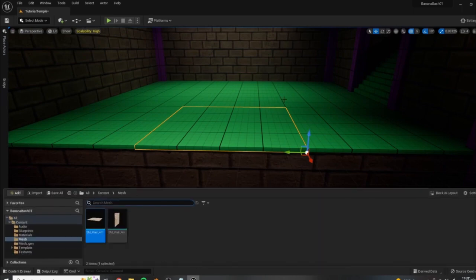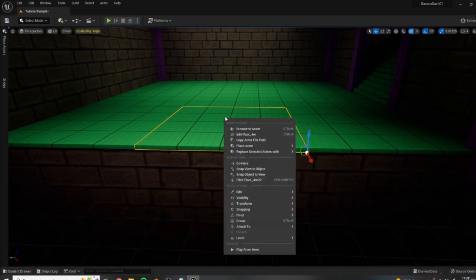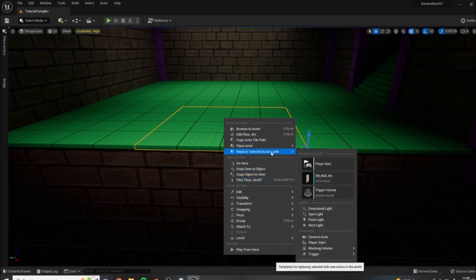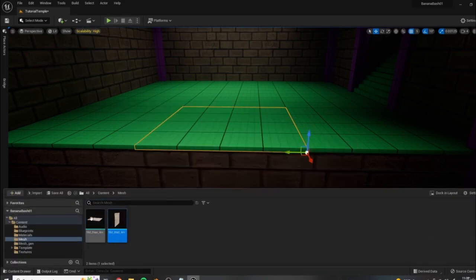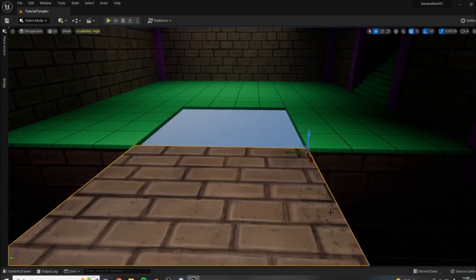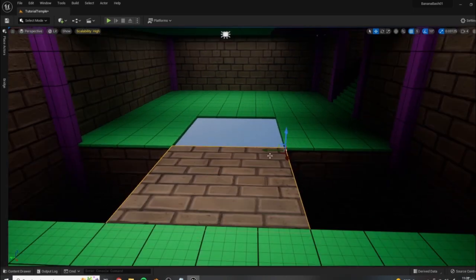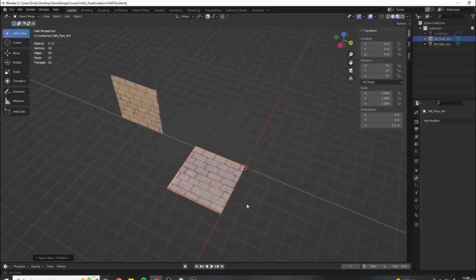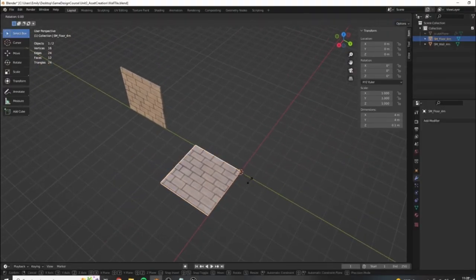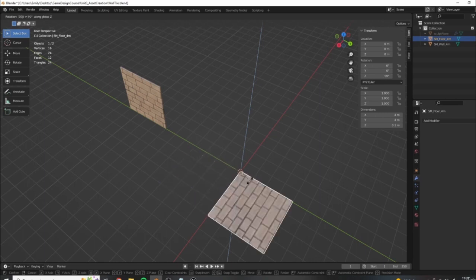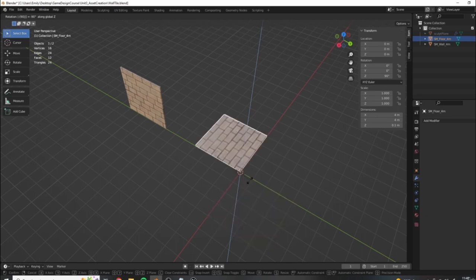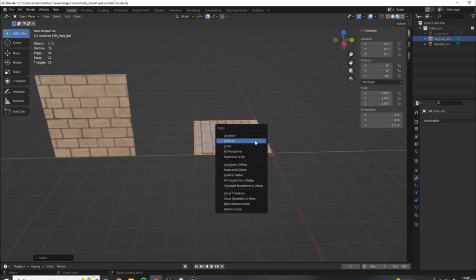So let's try this out. I'm going to try it with the 1 to make sure that the pivot is correct. I'm just going to replace my selected actors with the floor. Okay, so it does look like we need to rotate this around the Z by about 90 degrees, but that's no problem at all. Let's just do that in Blender. So let's just hit R, Z, 90, and I believe we want to flip it in the negative direction, so let's hit minus after doing all that before we click. I believe this will be the correct orientation. Apply the rotation,